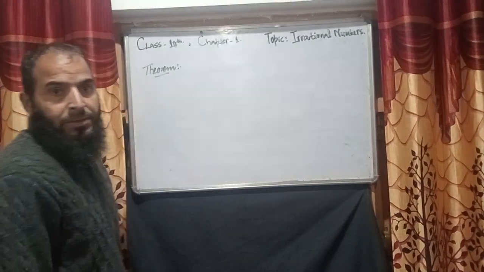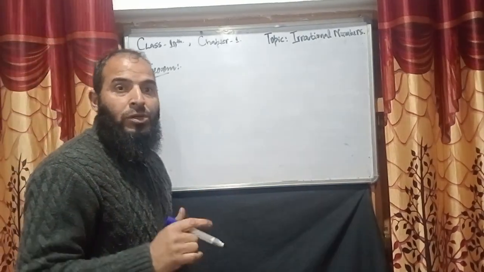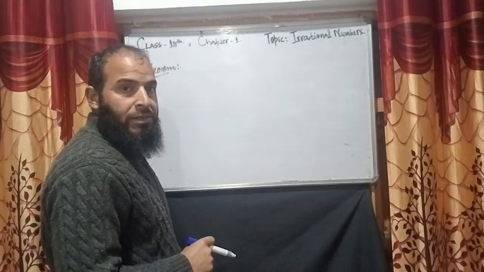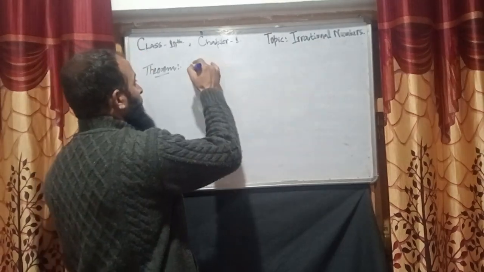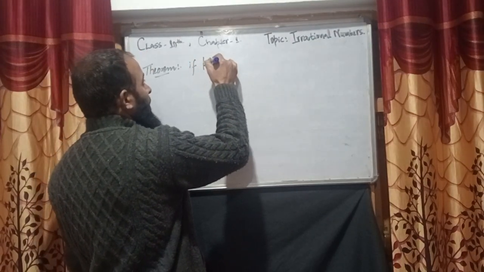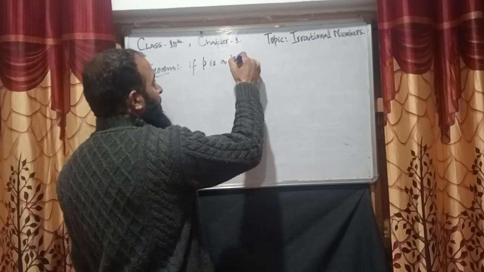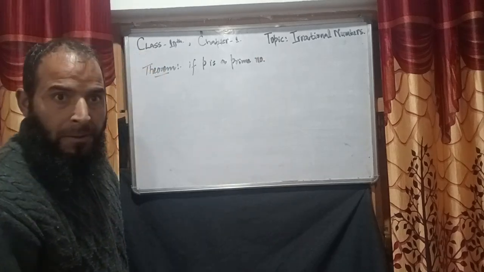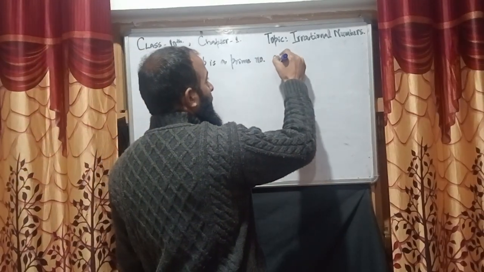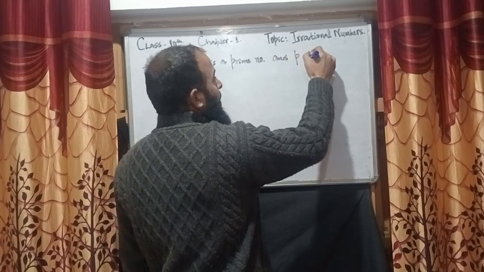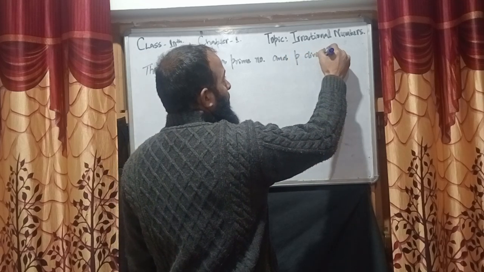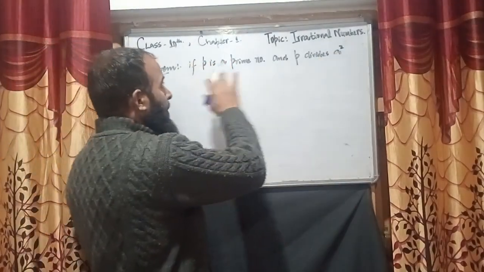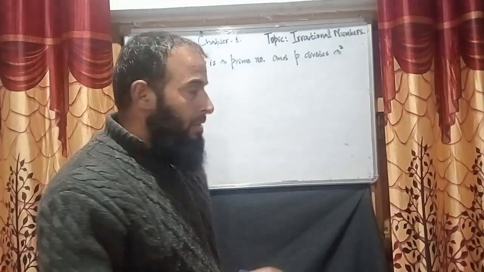It is used to solve the further examples. This result states that if p is a prime number and p divides a square,